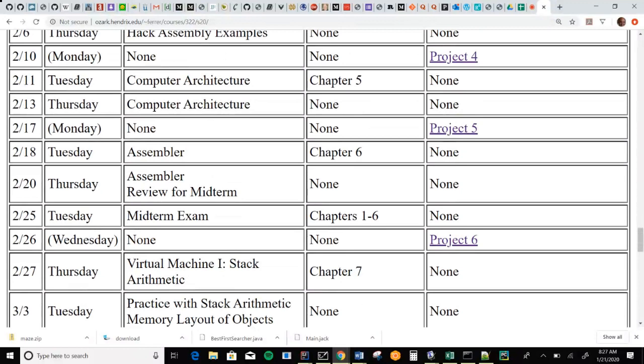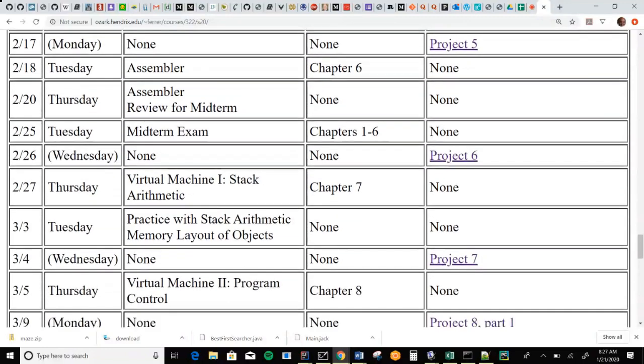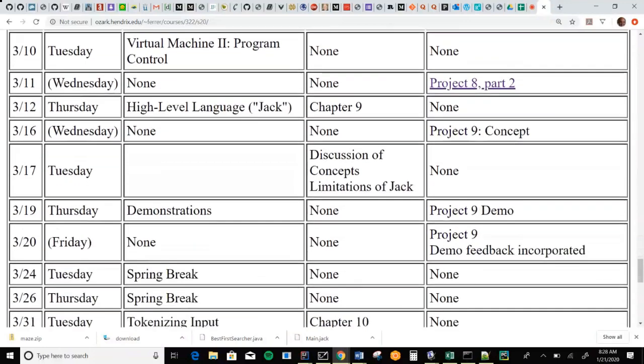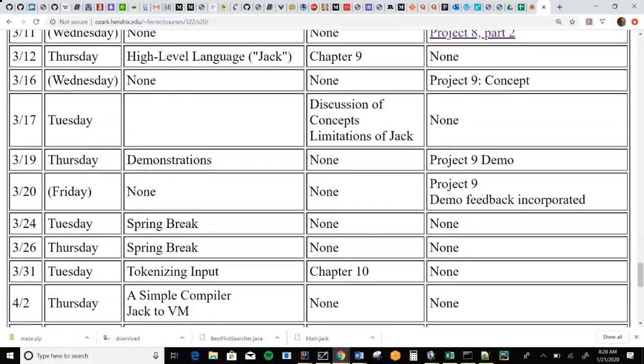Then the next part of the course kicks in where we study all the pieces of a compiler. We'll first be developing what's called a stack machine, which is kind of an intermediate language between a high-level language and assembly language. So we'll be getting a lot of experience with the stack machine. Then we're going to pause and write programs in the high-level language that they provide in the book, which they call Jack, which is a thinly disguised version of Java, as it happens. And so you'll write some programs in it, get those wrapped up.